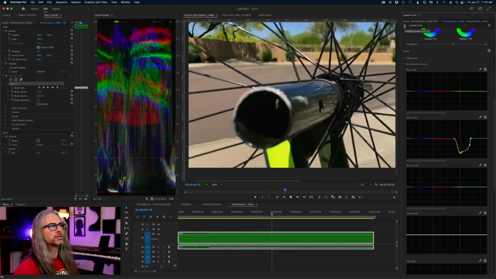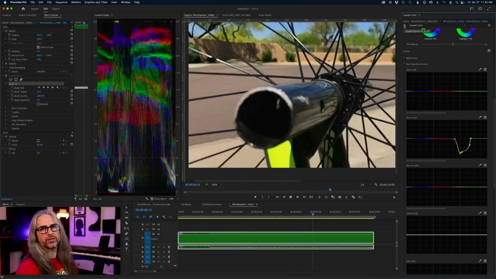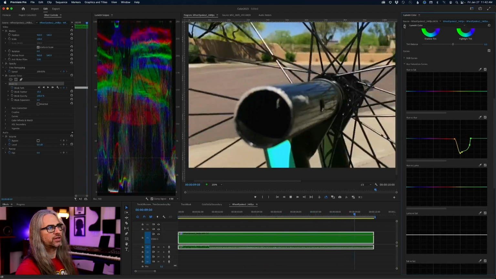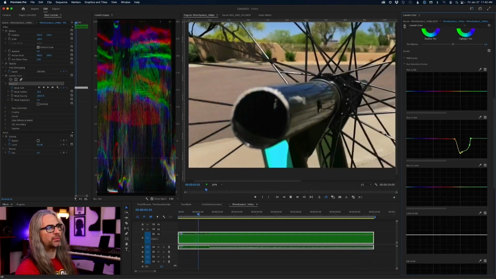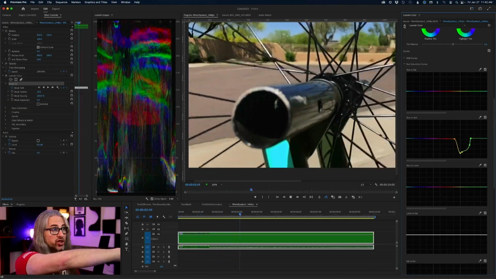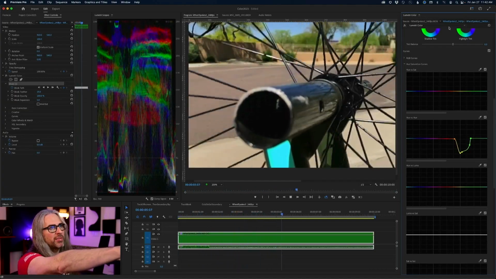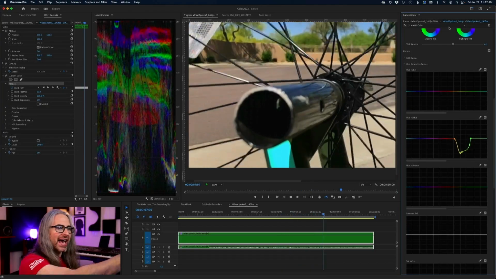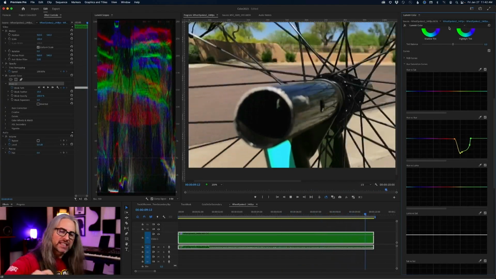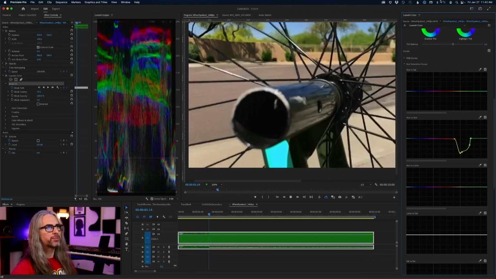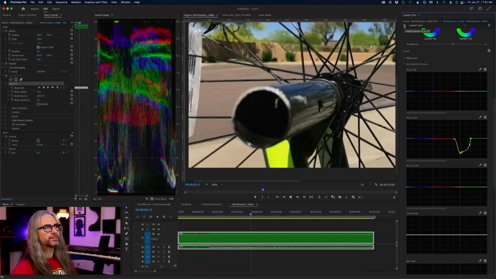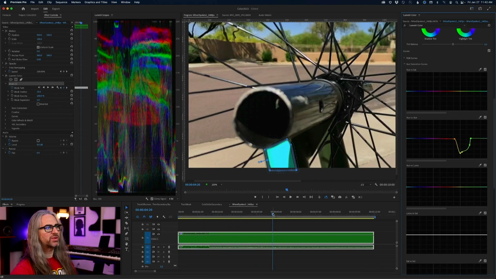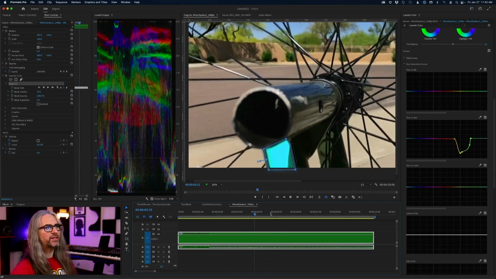So before, fluorescent yellow-green. After, now it's like that nice cyan blue, and we were even able to affect the shadowed area by selecting the eyedropper, adding that other control point, and then expanding that a little bit more. All right? Before, after. And all done with a very simple mask, a little bit of feathering,